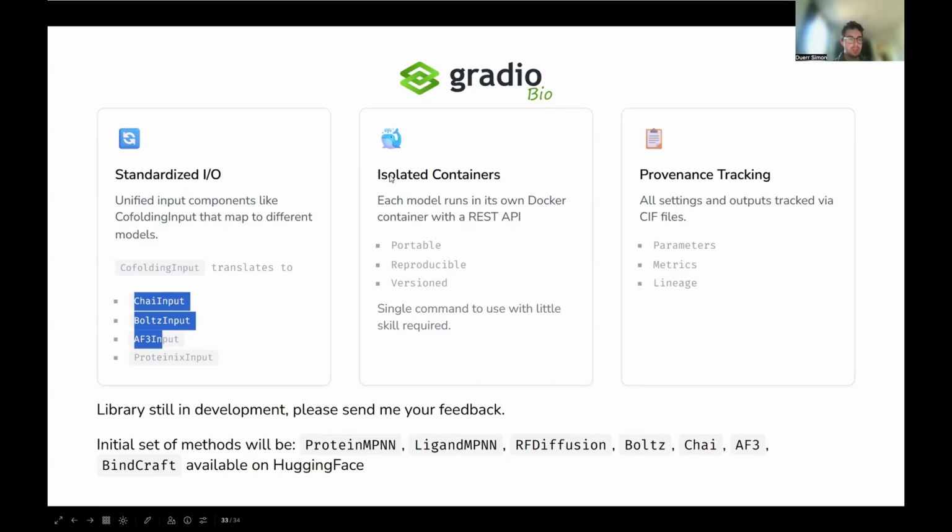Then also to have these kind of isolated containers, so not a whole pipeline of things where you have to install the whole suite, but basically you have a single Docker container, a single command, and if you run it, then you have this API interface so you can interact with this type of model. What you want to do with it afterwards, or if you want to chain it together to create your design pipeline, that's totally up to the user. It's not something the library wants to do. And then basically also allow this kind of provenance tracking, with this unified CIF format as the dictionary that contains not only the output coordinates of your job, but also some of the other parameters that might matter.